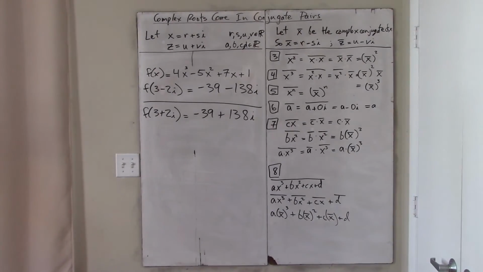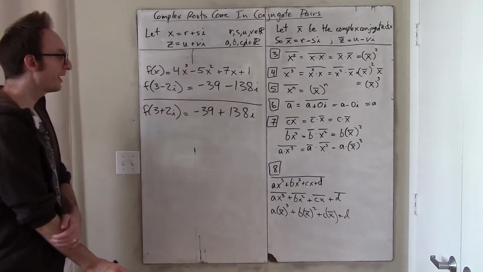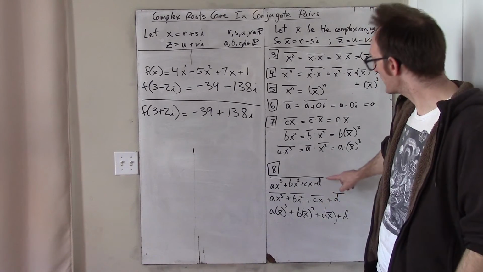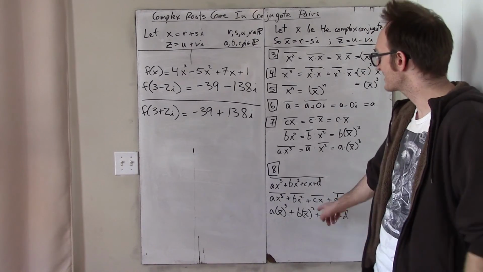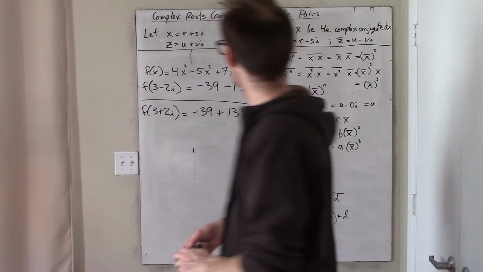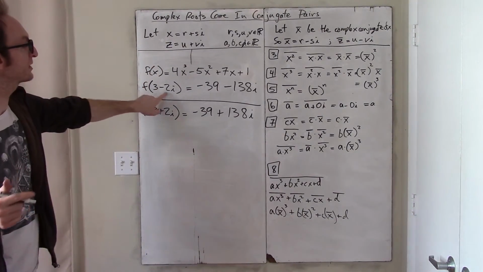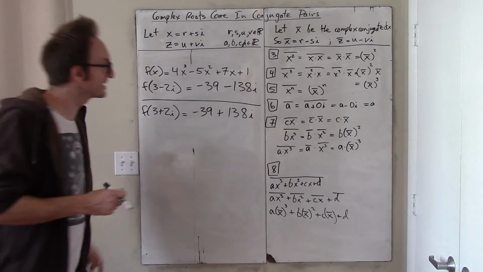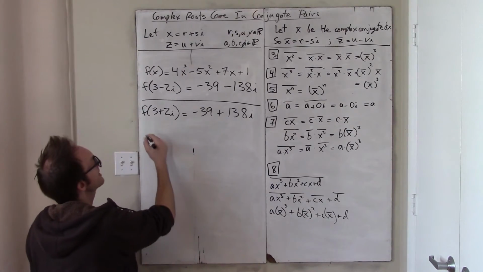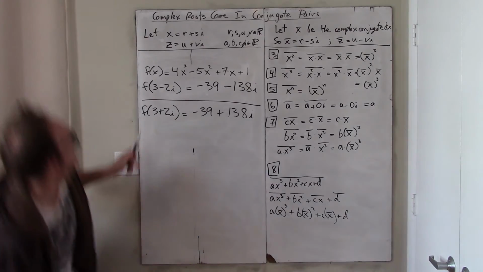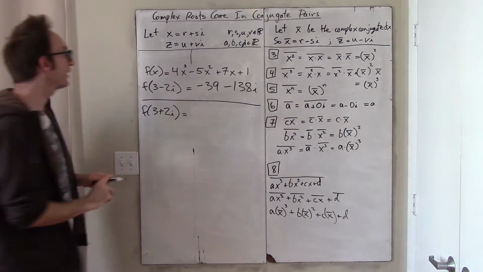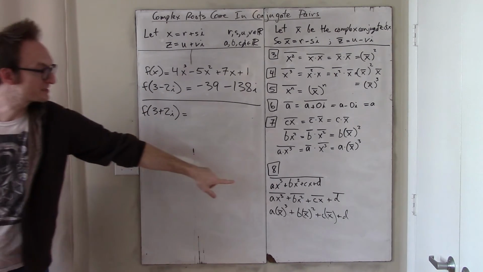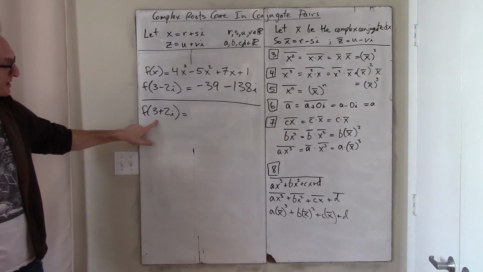Well, zooming back out all the way and refocusing, what just happened here? Well, notice what really 8 is saying. What 8 is saying is that the conjugate of an entire cubic expression is that same cubic expression of the conjugate. And so, when I am plugging 3 minus 2i into this function, and I get back negative 39 minus 138i, what should I expect happens when I plug in f of 3 plus 2i? Well, 3 plus 2i is the conjugate of 3 minus 2i. And so if we believe this theorem number 8, which we just proved, and we should,